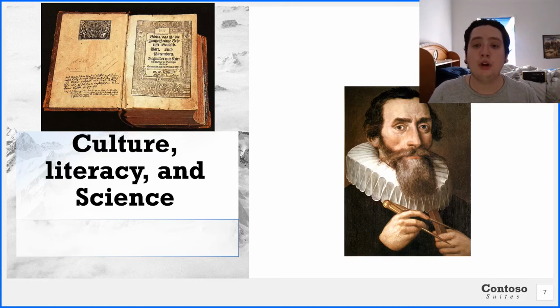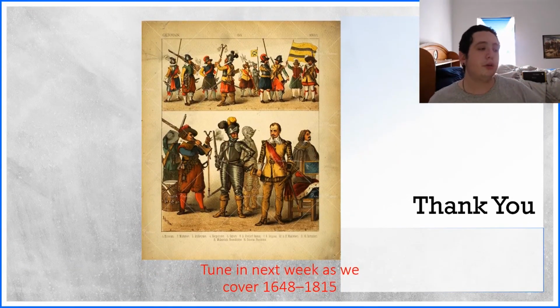Astronomer Johannes Kepler from Wilhelmstadt was one of the leaders in the 17th century scientific revolution within the Germanic states. He is best known for his laws of planetary motion. His ideas influenced contemporary Italian scientist Galileo Galilei, and provided one of the foundations for Englishman Isaac Newton's theory of universal gravitation. That is, again, Johannes Kepler, who, during the early modern period of the Germanic states, brought these new ideas.